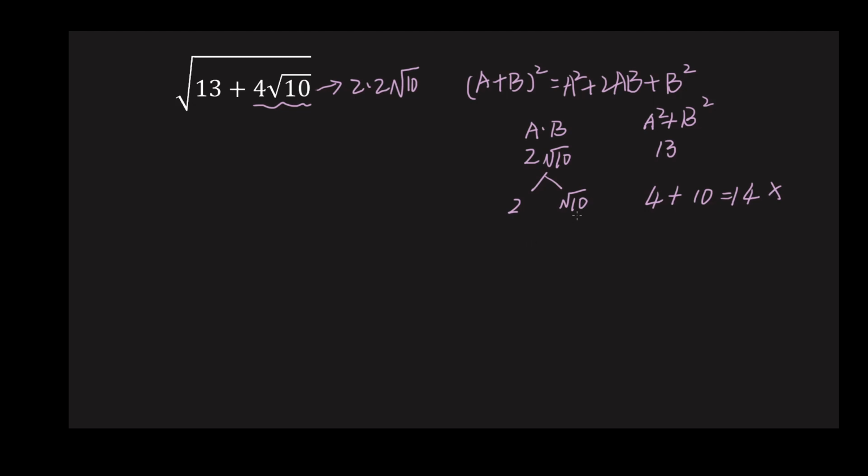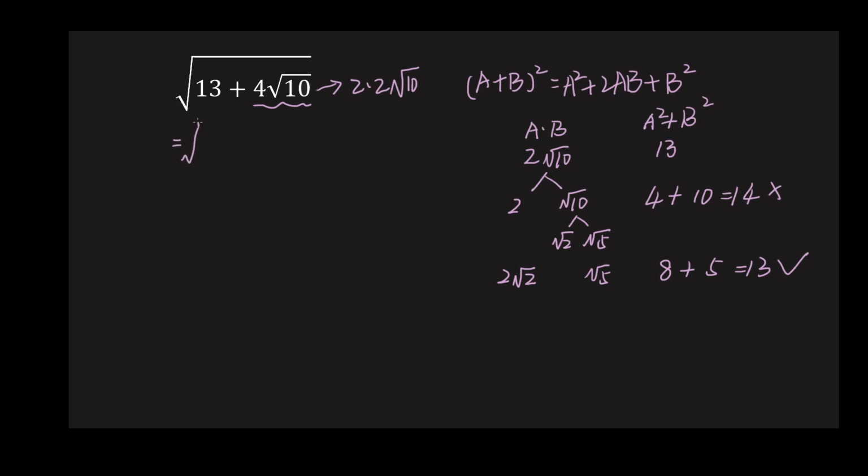And then we can split it into square root 2 and square root 5. So we can get 2 square root 2 and square root 5. This squared is 8 and this squared is 5. 8 plus 5 is 13, and this is the right answer. We can use it to rewrite the expression.